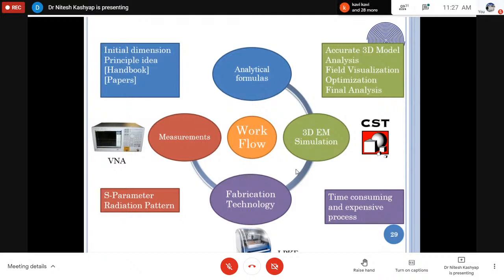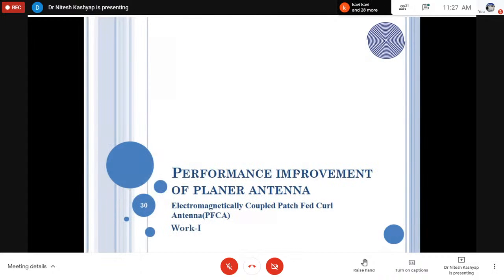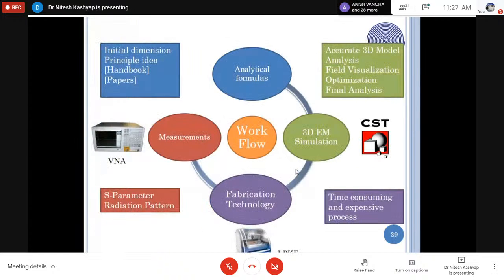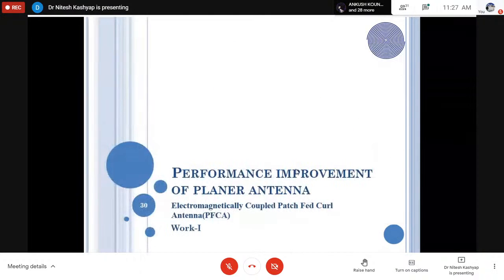So these were the introduction, and right now I want to show the initial patch antenna design that I have made. Here, as I told you, is the performance improvement of the planar antenna. So how can we improve the performance of the antenna? We can see